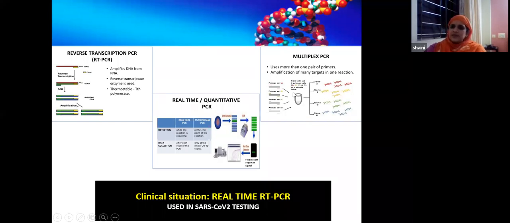And multiplex PCR is used because the coronavirus, the SARS-CoV-2 virus, is a highly mutating virus. So if you use only one gene or one genetic sequence, and the virus mutates so that it is not present in that viral RNA, we get a negative result. To avoid that, 2-3 conserved areas of the RNA are tested. When you do that, the chance of getting a false negative is much lower. So reverse transcription, real-time PCR, and multiplex PCR, all combined together, is what is used for SARS-CoV-2 testing.